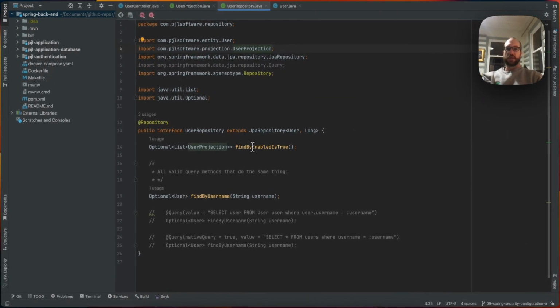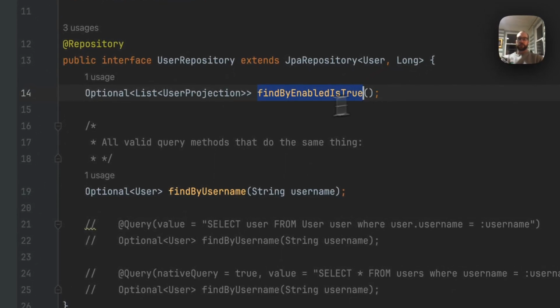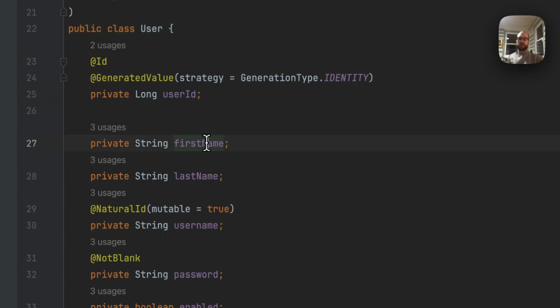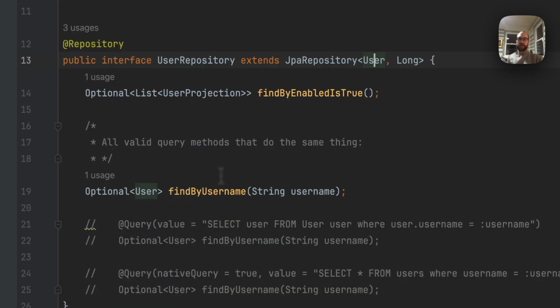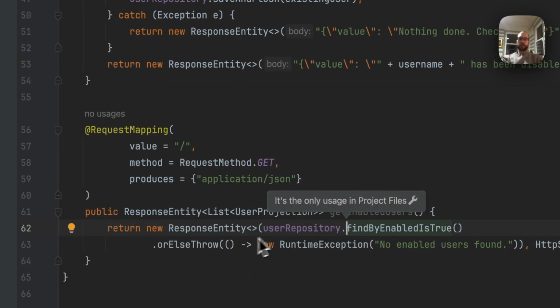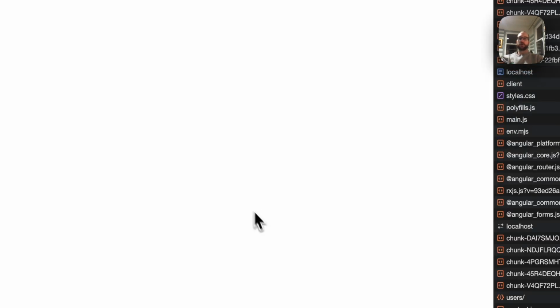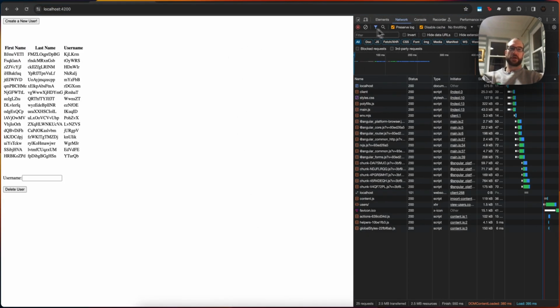So in the repository where we have findByEnabled as true, we return an optional list of user projections instead of users. And again, the projection just maps exactly first name, last name, username, preceded by get with the right type. So with that little change, we update this here, and then when we call this, we update it here, and that's all you have to do. And by doing that, now on the front end, when you look at users who come through,